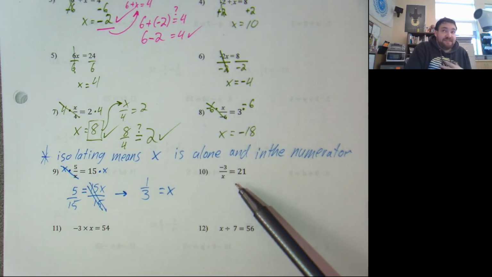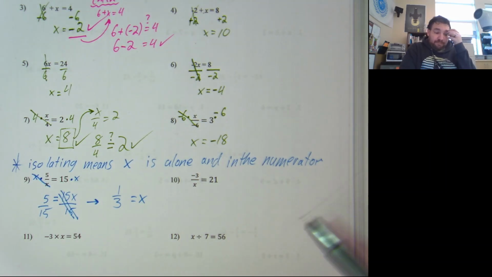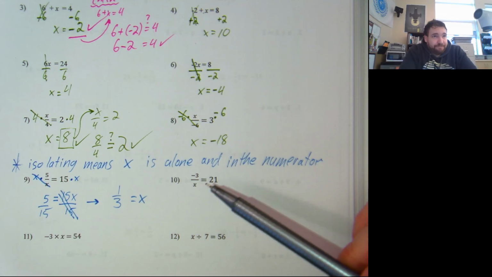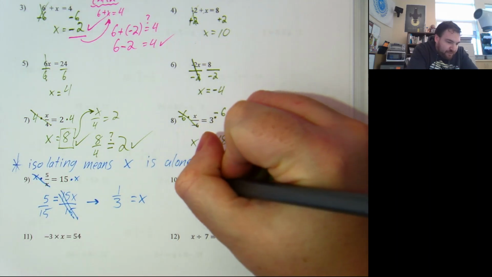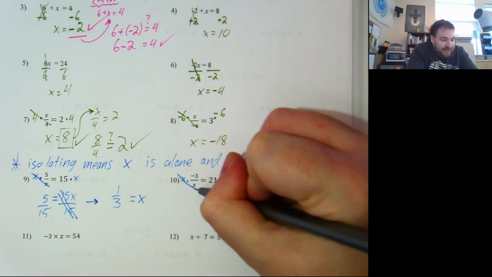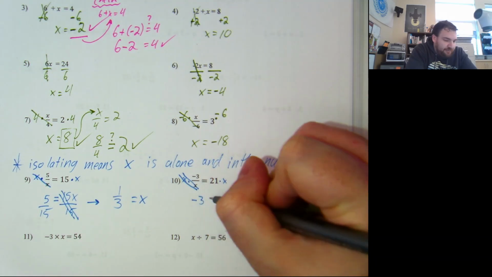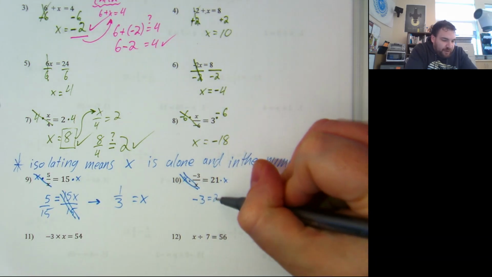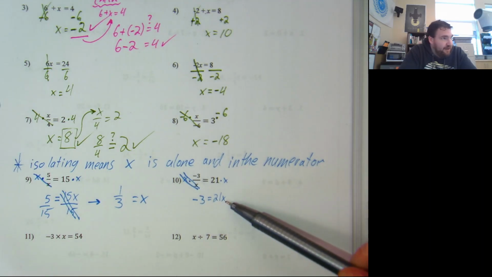This last one is the same. What's my first step here going to be? Multiply by x. Multiplying by x on both sides means on the left it cancels, leaving us with just -3. And on the right I have 21x. I want you guys to show your work the way I'm showing my work. Now to get x by itself,